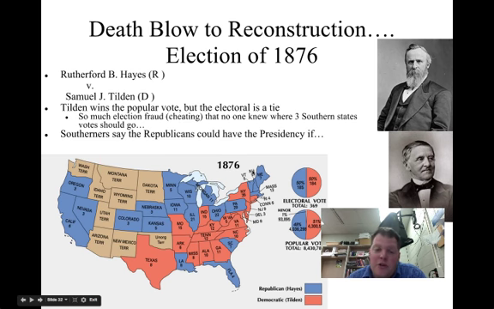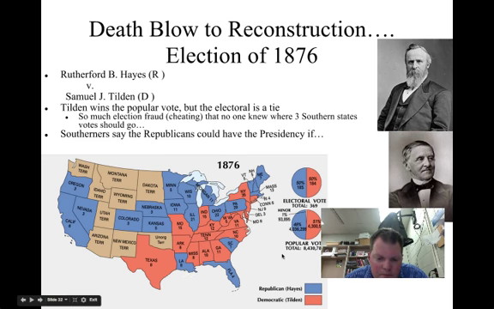Now, Reconstruction does come to an end in 1876, which is one of the odder elections in American history. You have Rutherford B. Hayes, the Republican, and you have Samuel J. Tilden, who tie in the Electoral College. Or they don't tie, excuse me, but it's so close that it has to go to a vote in the House of Representatives. Okay, so Tilden wins the